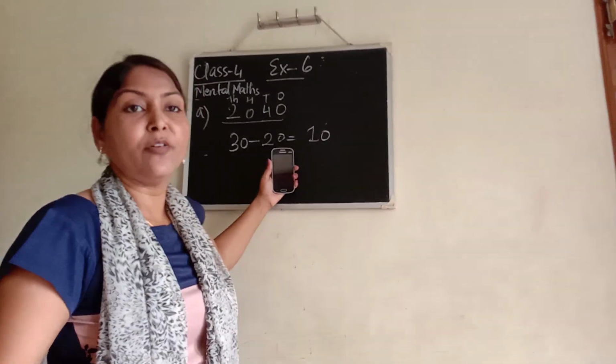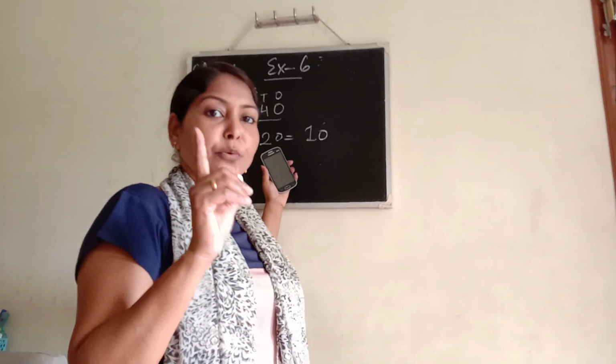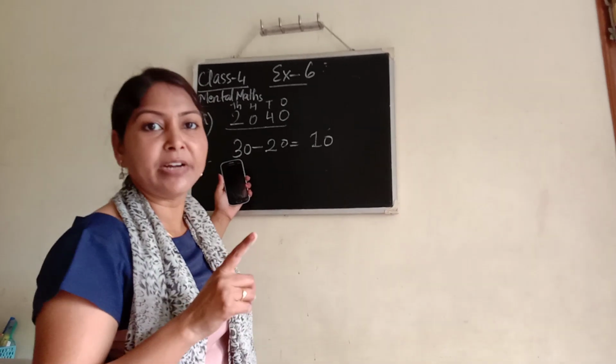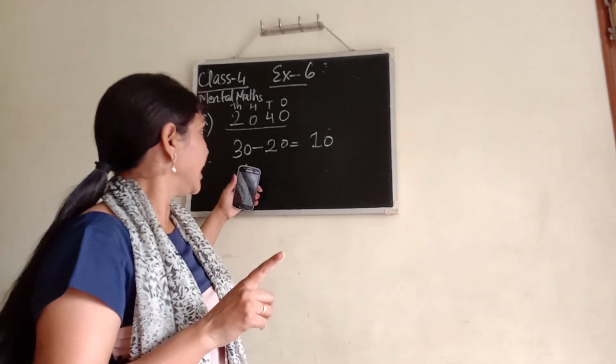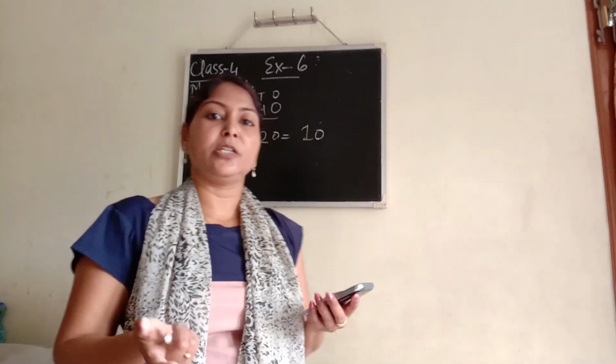Okay. How have we got this 20? 20 is the value or unit for 1 score. 1 score equals 20, and 2.5 dozen means 30. So 30 minus 20 is 10. Then we move to the next question. The next question is 3 kilometer 45 meter. You have to convert this into meters.